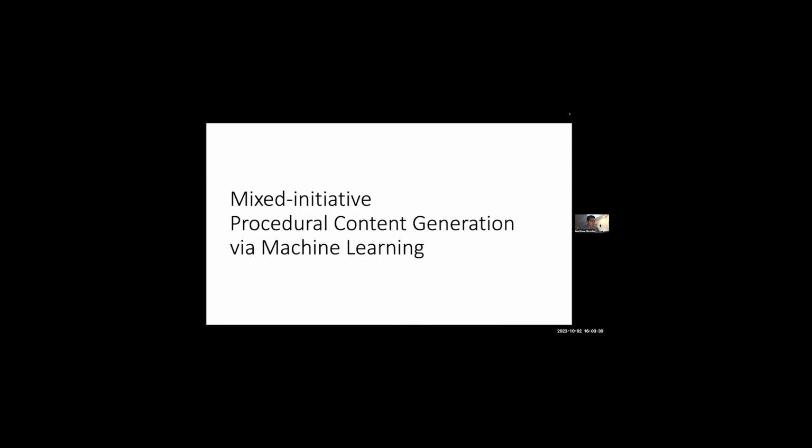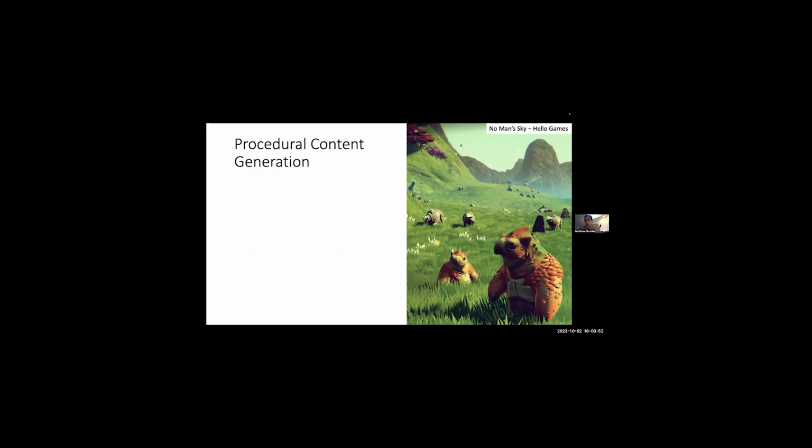Okay, so let's get to this: mixed initiative procedural content generation via machine learning. Let's break this down a little bit. Let's start with PCG, though I think you're getting some lectures on PCG besides me, but I wanted to quickly go through what I think of when I think of PCG. Procedural content generation is computationally representing a design process, taking some design process, which is generally done by a human or some other process, and re-representing it computationally or algorithmically. There are people who will tell you Tarot is PCG, for example.